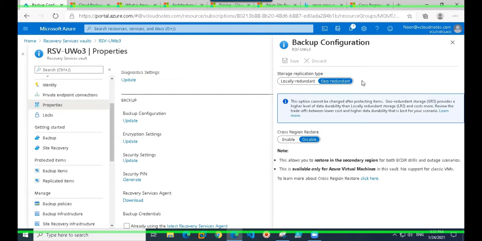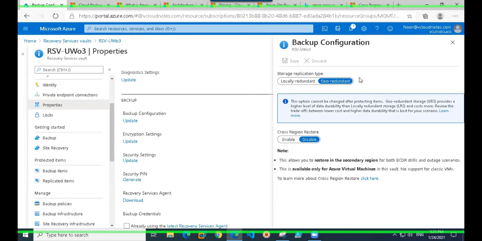If this is something for dev and test, right, then probably to save some cost you would select it as locally redundant. One more thing, once you have created this and put the initial backup, then you won't be able to change this storage replication type without removing all the backups or replication from there.